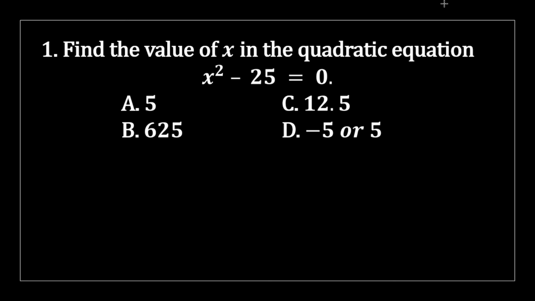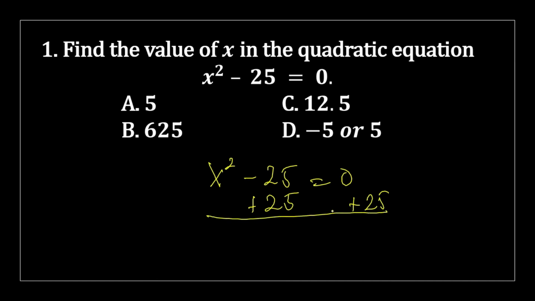Find the value of x in the quadratic equation x squared minus 25. So to answer this, all we have to do is to write first the equation x squared minus 25 equals 0. Now let's isolate the variable part x on the left hand side and put negative 25 on the right hand side. We can do that by adding 25 on both sides. So we have the equation x squared equals